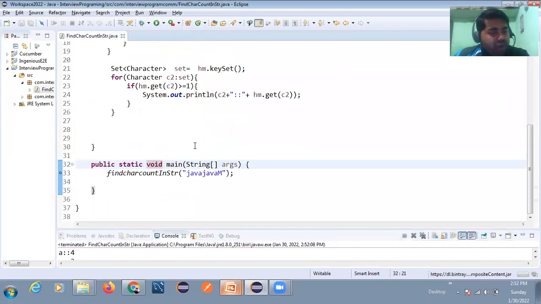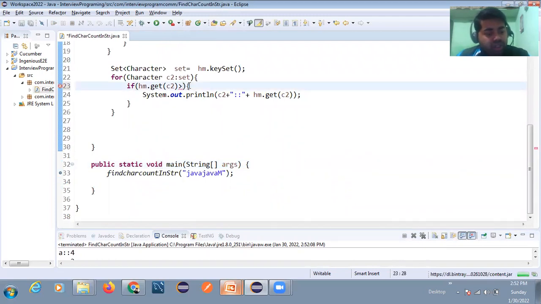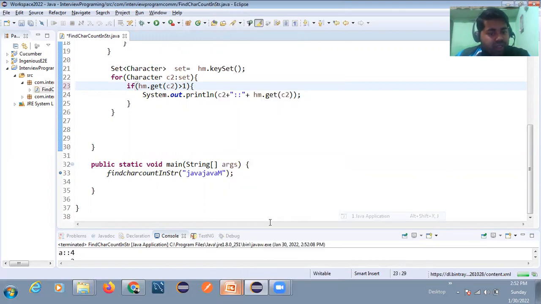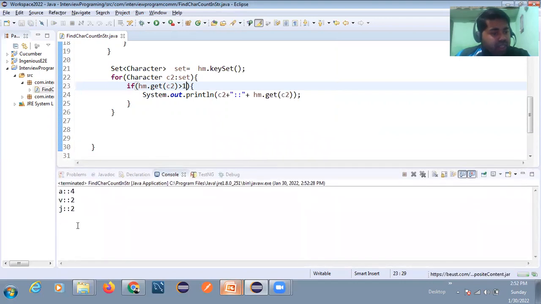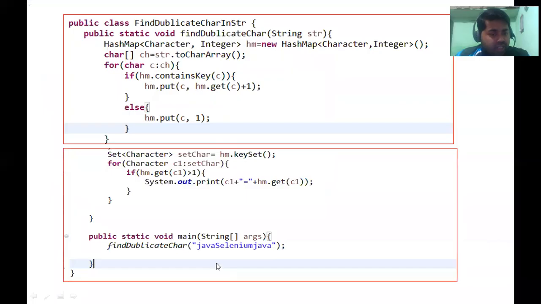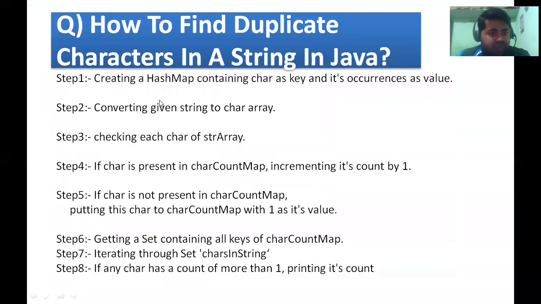Now I don't want to print everything, I want to print only duplicate values. So I will just remove the equal to, and you can see now if I run this, only duplicates are printing. So that's all about this session, guys. So you can see, right, how to find the duplicate character.